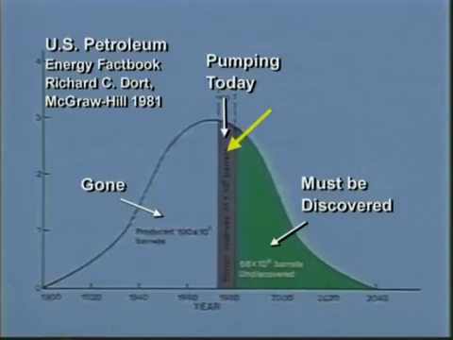This band of discovered oil 100 years ago was way over in here someplace. At that point, they had no idea how much oil was undiscovered. So they just took the discovered oil, divided by how rapidly it was then being consumed, and came up with 25 years. Now it's clear you have to make a new calculation every time you make a new discovery.